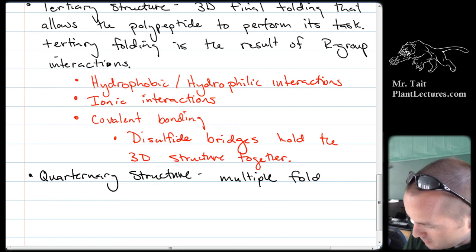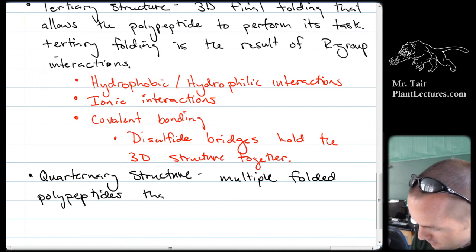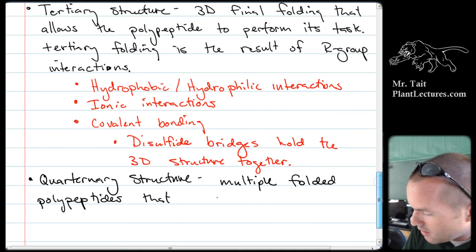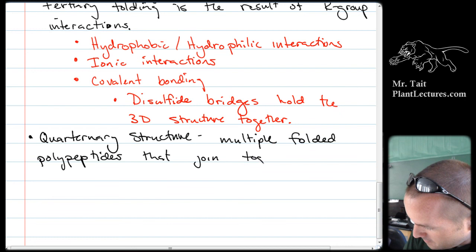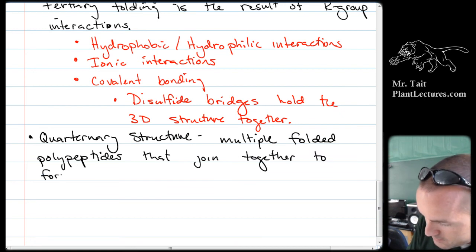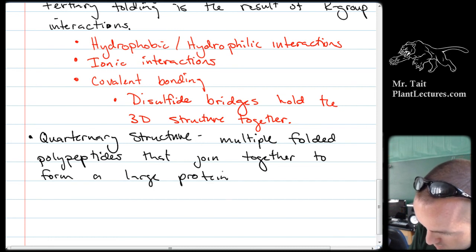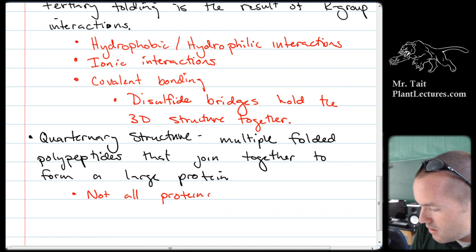Multiple folded polypeptides that join together to form a large protein. Not all proteins have this. Not all proteins have a quaternary structure,